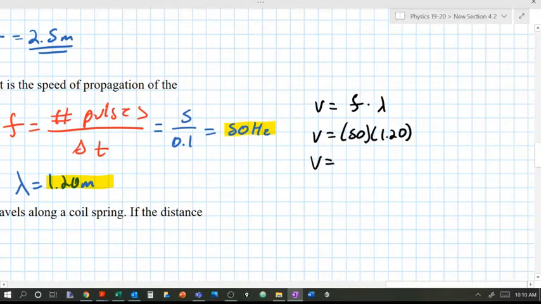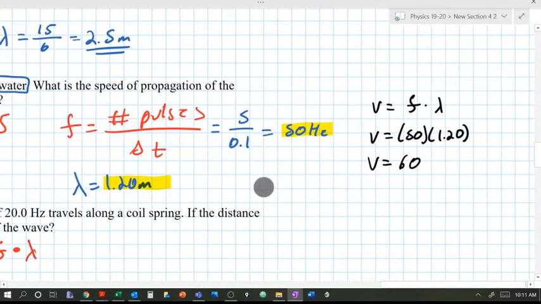The velocity comes out to, let me just make sure my calculation's correct here. 50 times 1.2 is 60, but